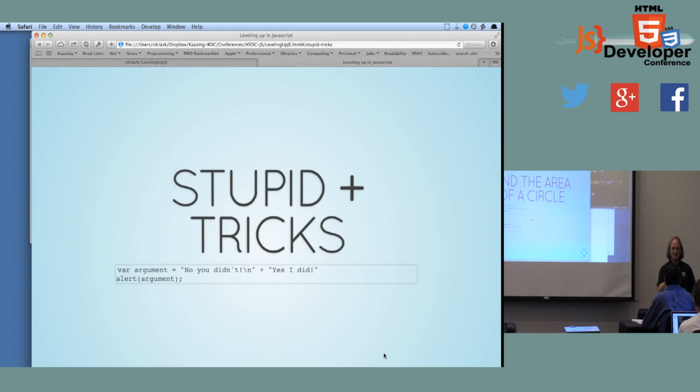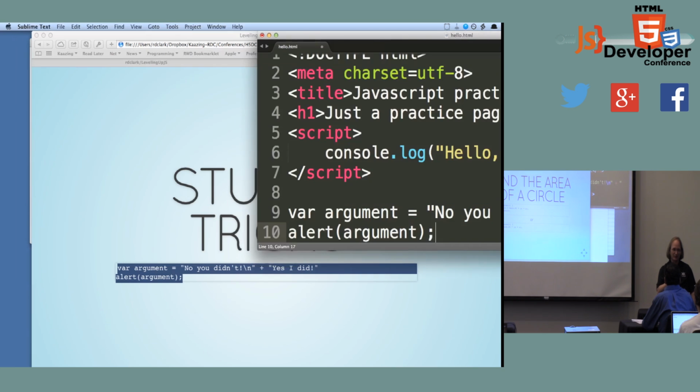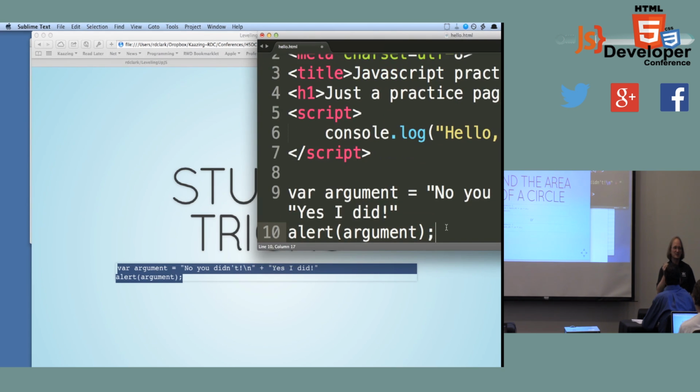If it expects to see a semicolon and it doesn't, it'll put one there automatically, which is most of the time good. Every once in a while it will bite you. It'll get you with a bug that you don't expect. And there are some people that actually advocate a style of writing JavaScript that uses no semicolons at all, that lets that error correction mechanism insert them. Mostly people who are coming from the Ruby language and some of the Python folks who don't usually use statement separators that way. But in this case, it was a typo, but it was also a chance to mention that JavaScript is pretty forgiving.